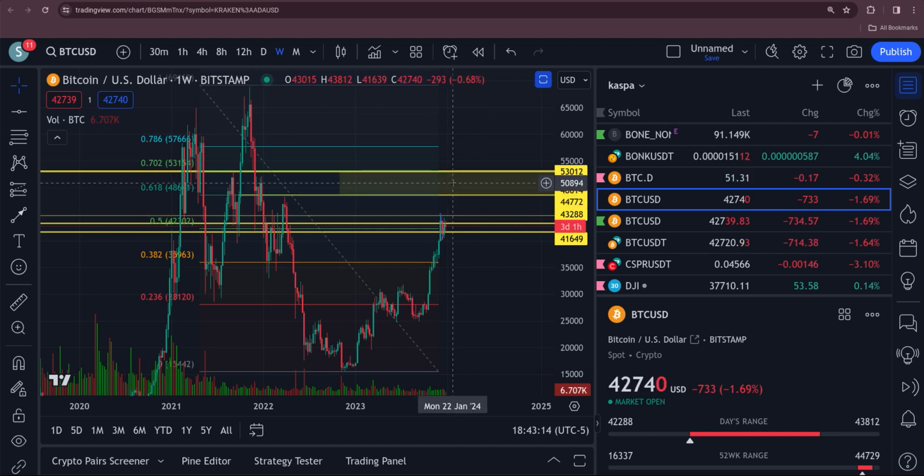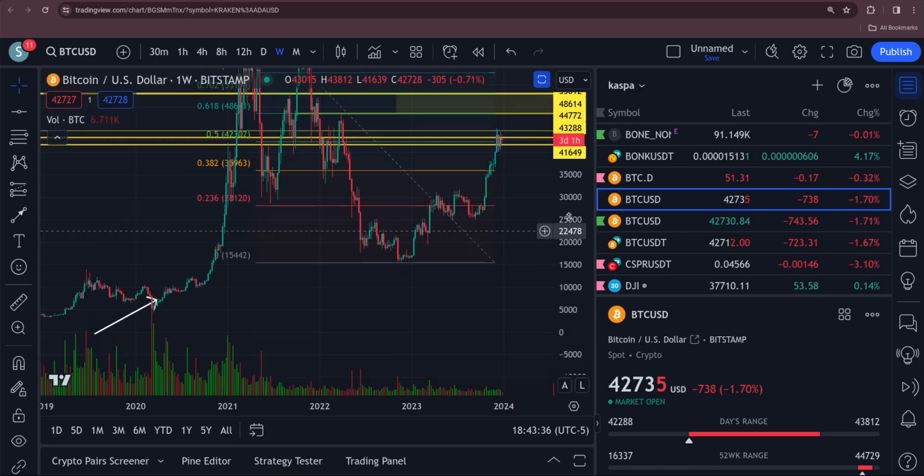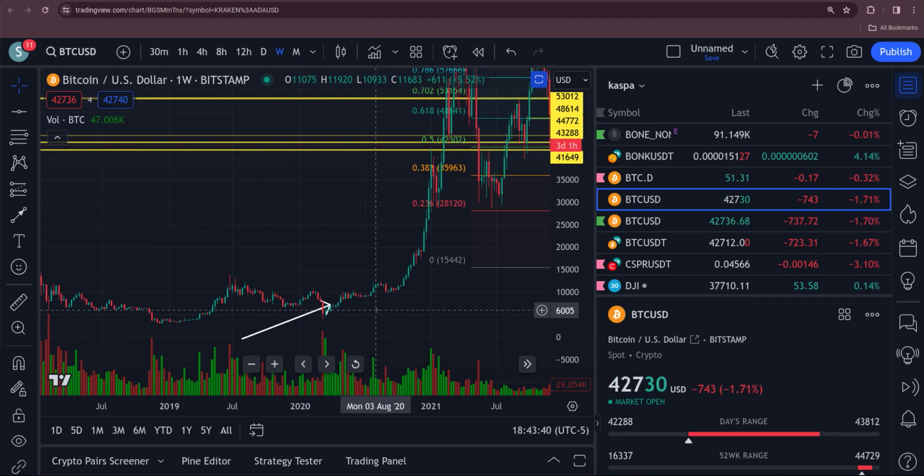Either we get rejected up here hard, okay, and a big pullback, or we bust through there and this thing gets going. Either way, I believe that this year we're starting a new bull run. April is the halving, a little over 100 days away, and I think this thing is going to be on a steady incline. If you go back to the last halving back here, April